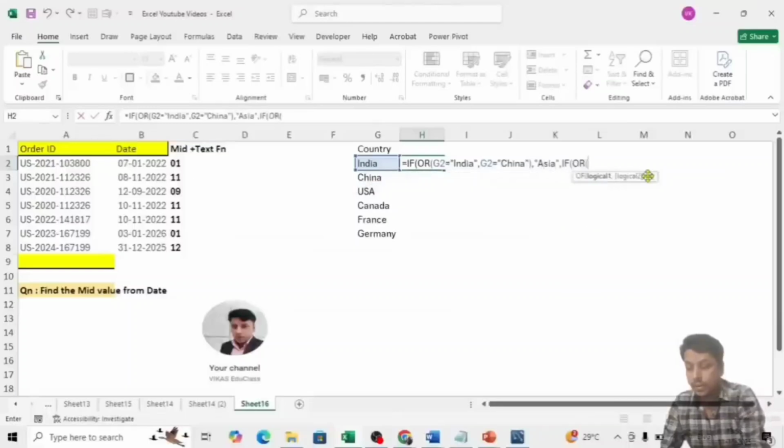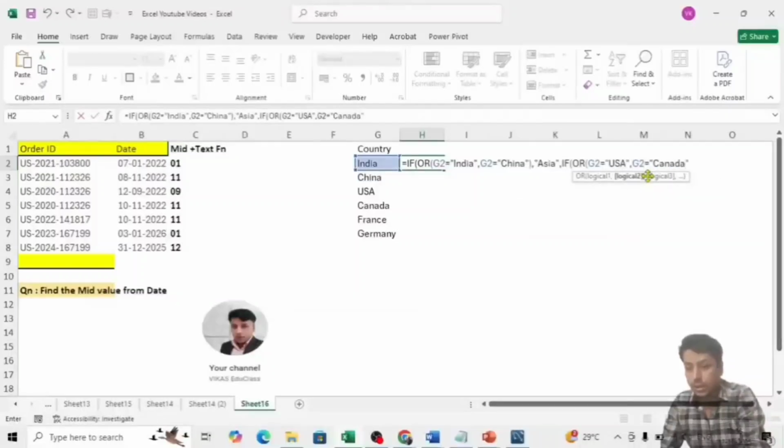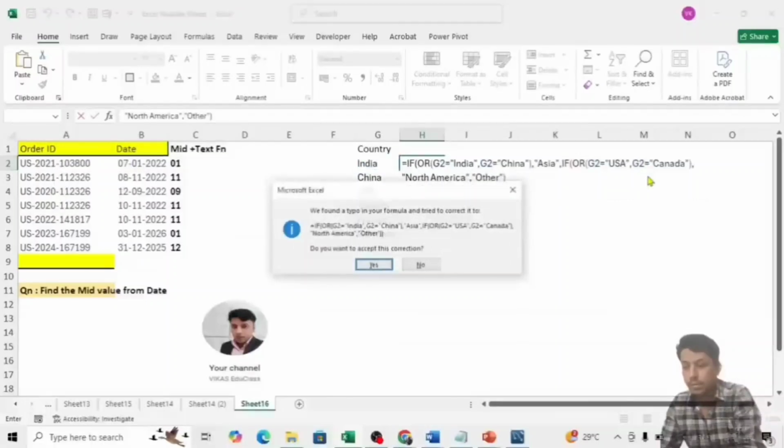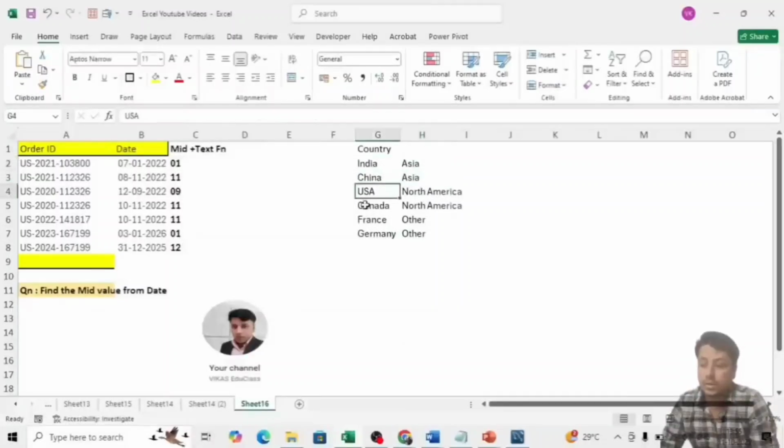If G2 equal to USA or G2 equal to Canada, it should be North America, else other. So you can see it is showing the values accordingly: India is Asia, China is Asia, USA North America, Canada North America, and the rest is other, right?